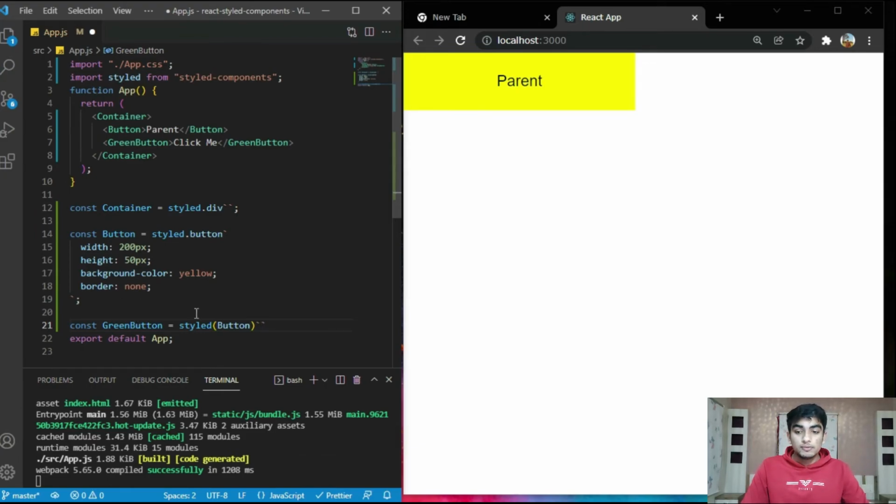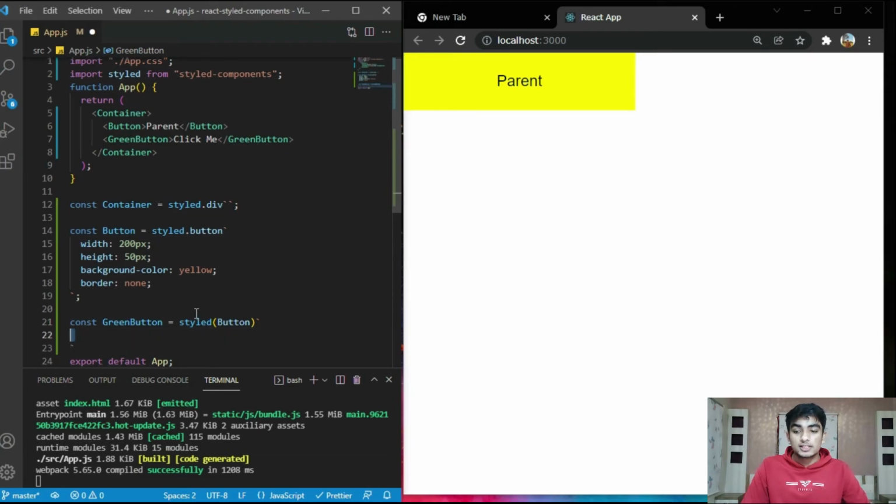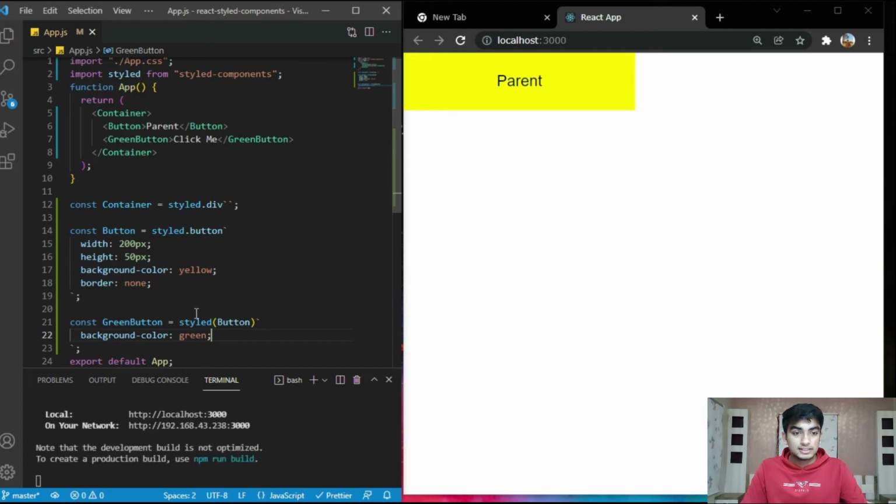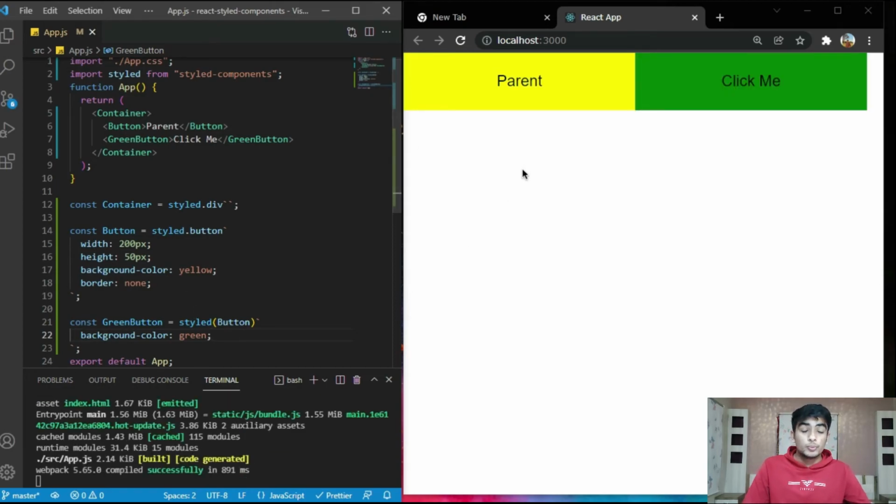Now we are going to apply some slight change to that component. For example, we are just going to change the background color to green, and save it. As you can see, the other component has some basic styling like the parent component, but it changed slightly, which is the background color.